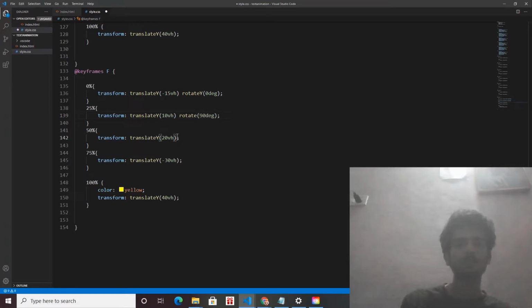Okay, so in the third phase of our animation we want to rotate it 180 degree. We are rotating on x axis. Okay, that's why I'm giving x. Then 270.